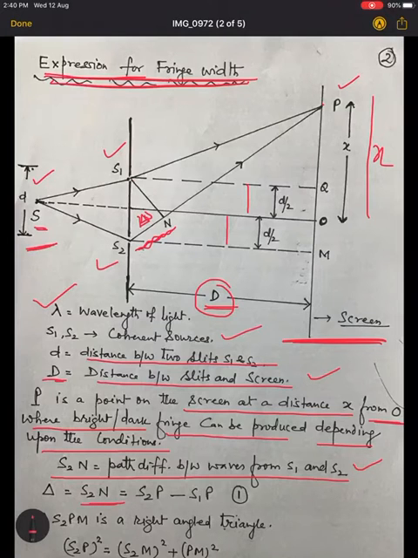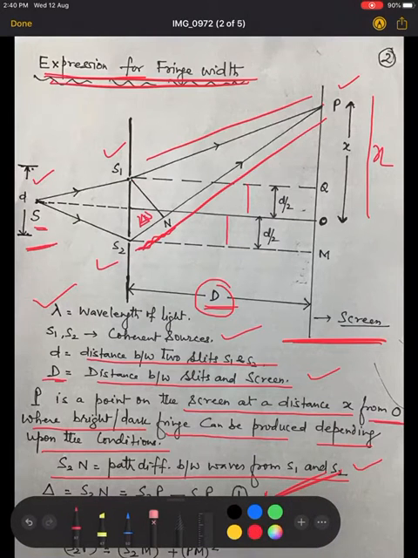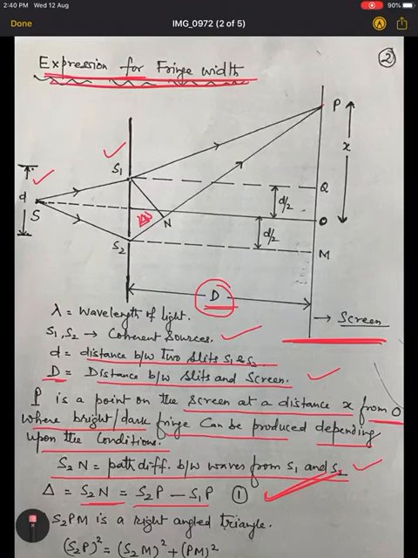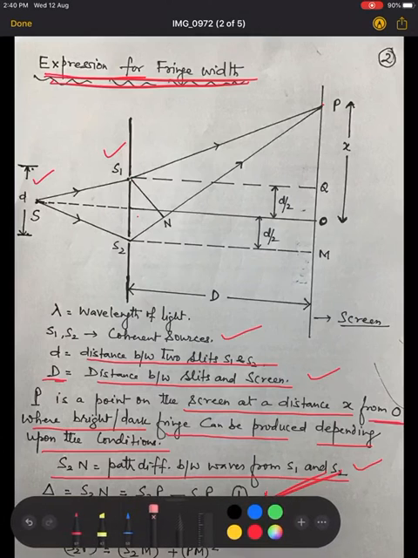So S2N can be written as S2P minus S1P. So S2P minus S1P gives S2N. Now using the geometry of the figure, we have to find the value of S2N. So we have to use the concept of geometry. Now you see from the diagram, if we consider